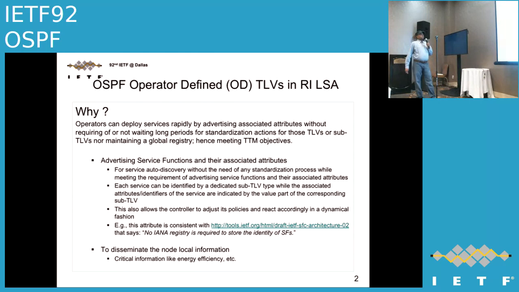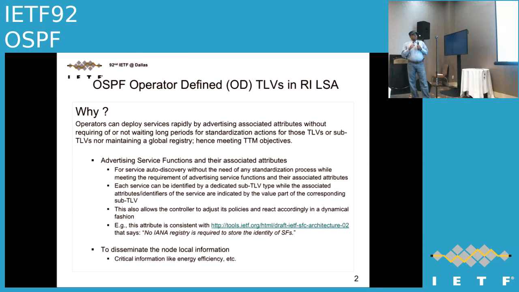So why do we need this? We have recently seen the draft in OSPF and IS-IS, node admin tags, which is a great draft that enables a lot of use cases, especially service deployment, or rather service auto-discovery, so you can quickly identify the services in the network. But it stops there: it just identifies the tag, and for a lot of services, apart from the identifier, you need extra information, for example a label.